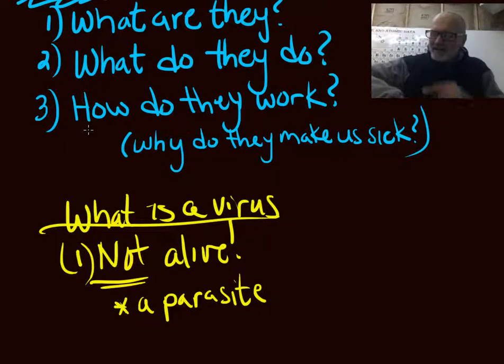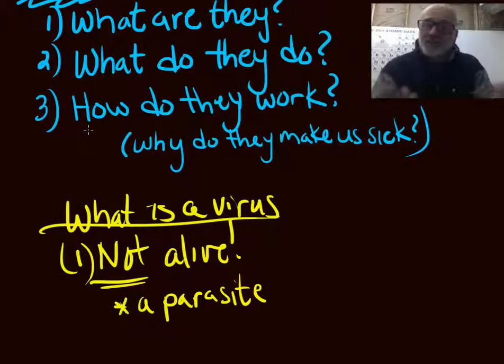I don't know if you've ever gotten a tick on you when you've been walking around out in the desert somewhere, and the ticks suck your blood, right? A mosquito lands on you and sucks your blood. Those are what we call parasites. Parasites need other things to help them function or live, if it's a living thing, like a mosquito or a tick. But in the case of a virus, it needs what's called a host.